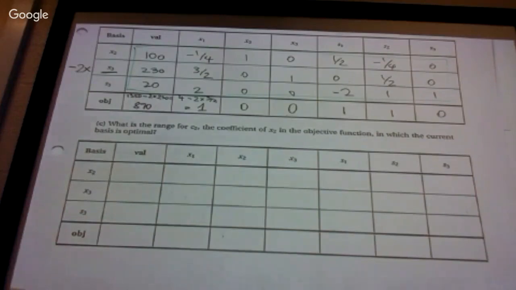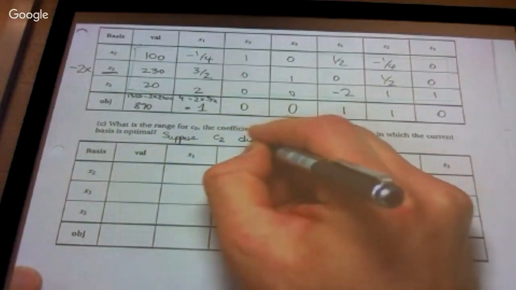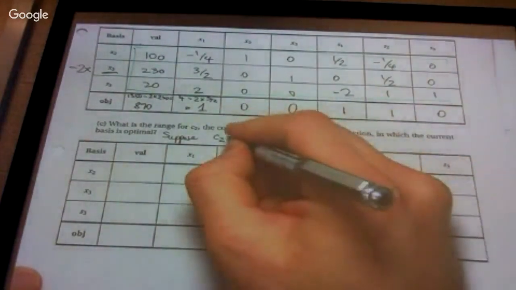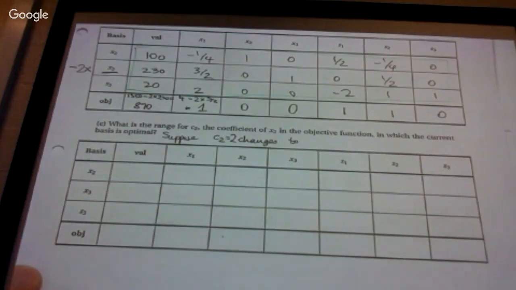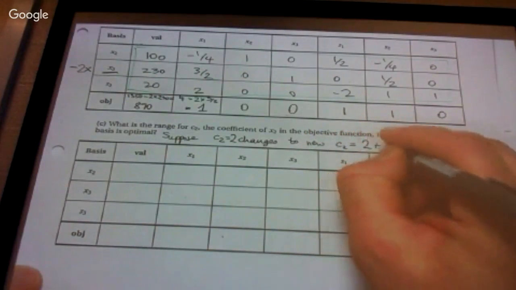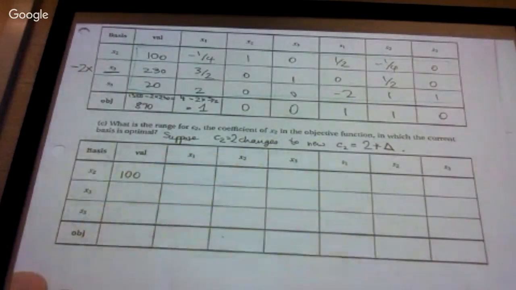So suppose that C2 changes to, well, C2 was 2 in the original LP, and the new C2, let's say it's going to be 2 plus delta. Okay, delta is the change, the Greek letter for changing stuff. You probably know that. And so what happens? Well, we know what's going to happen. Namely, we know that